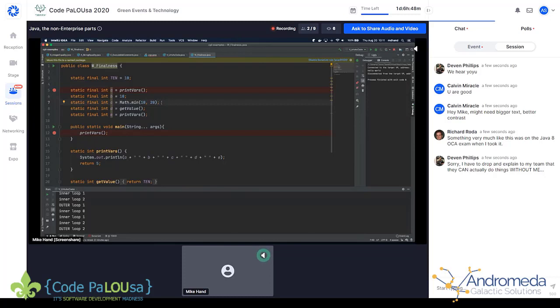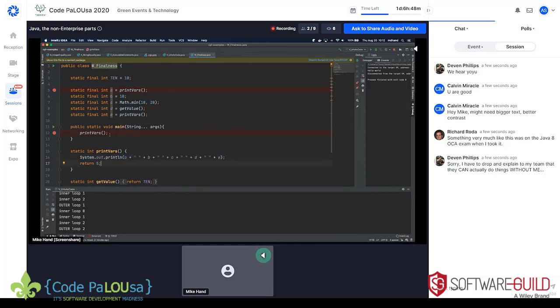And we know that Math.min on 10 and 20 should also return 10. D is going to get its value from a call to this getValue, which is going to return the constant 10. And then E is also going to get its value from printVars, which again will print A, B, C, D, E, and then return 5.